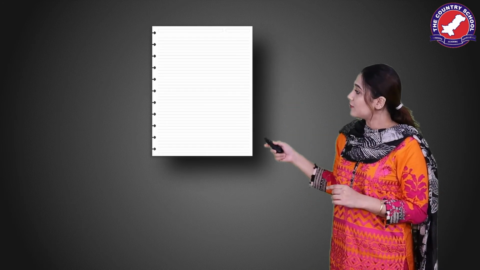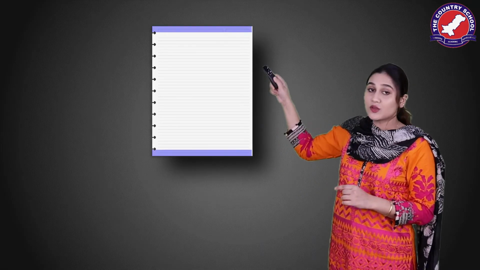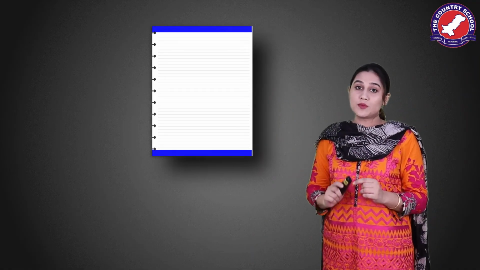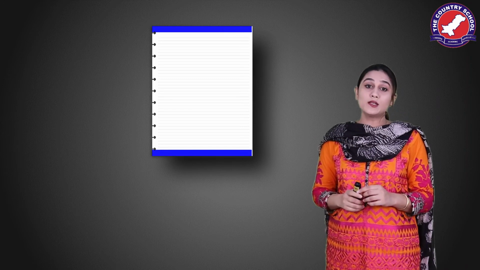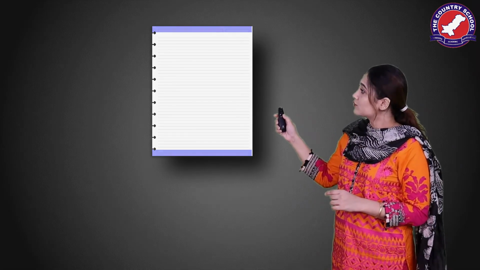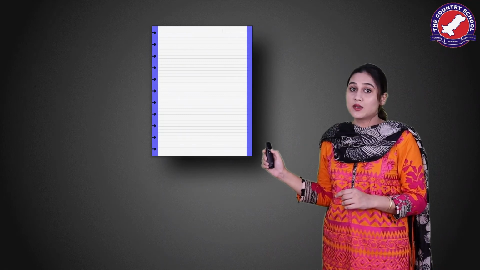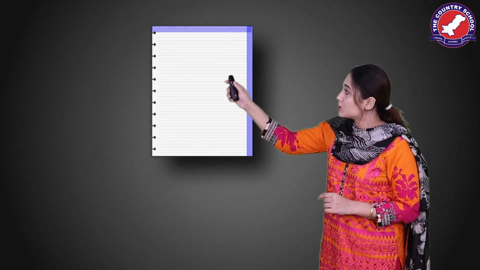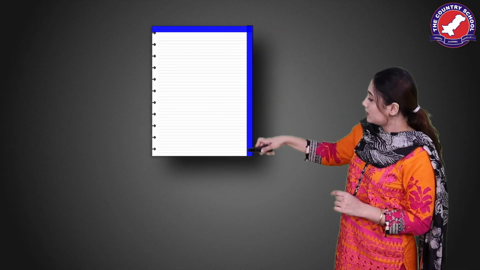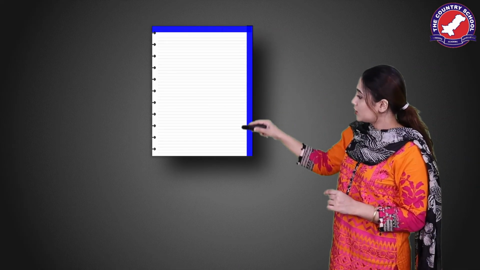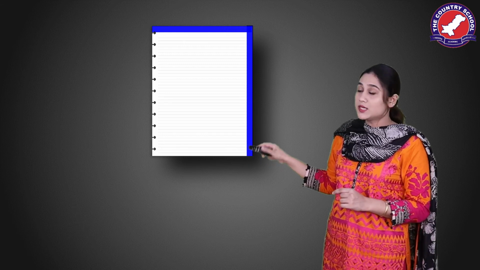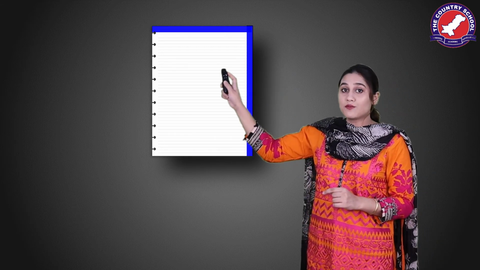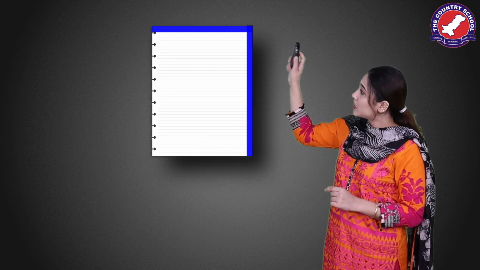Here is another example which will explain both of them. Look at this sheet of paper. The edges of the paper across from each other are parallel to each other. Same goes for the edges on the side. But now look at its corner. The edges meeting at this corner. The edge over here on the side and the edge on the above on that side, they meet at that corner.